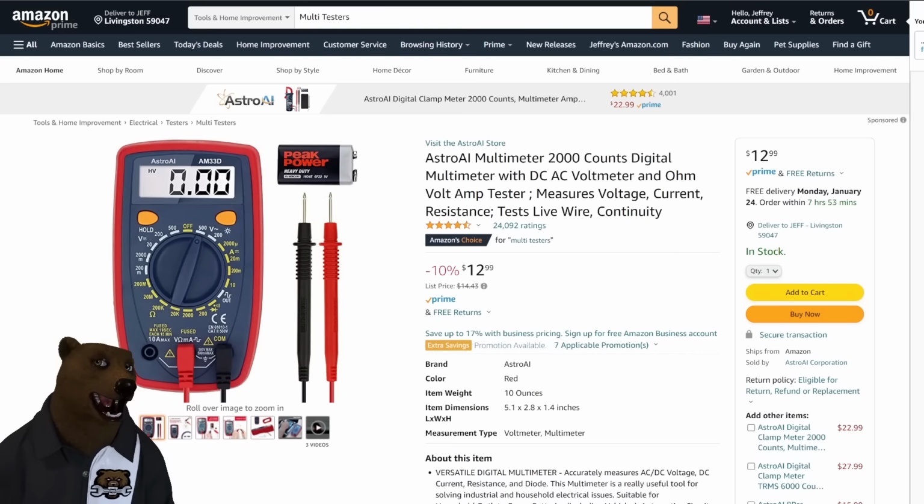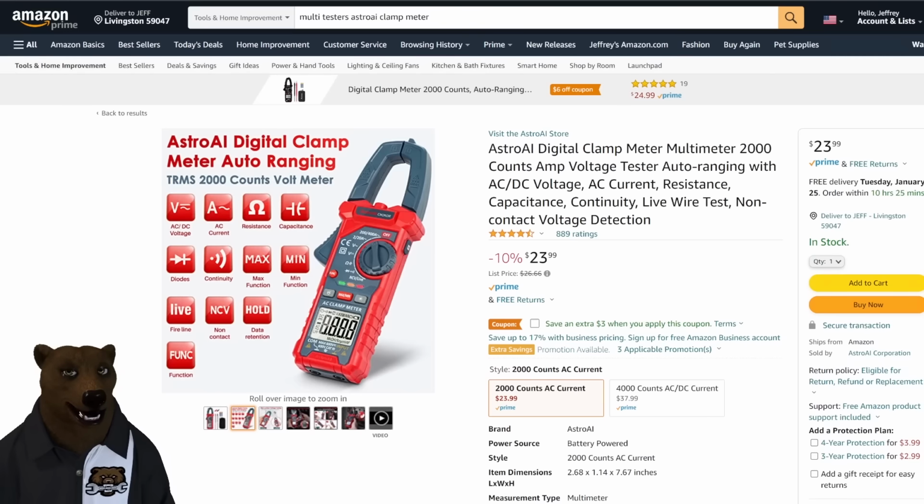Next up, let's talk about multimeters. Multimeters were a huge hit. We had two brands, I think it was Kaiweets and Tiswall, who sold more than this one. But if you look at this model combined with its brother over here, which is the clamp meter,